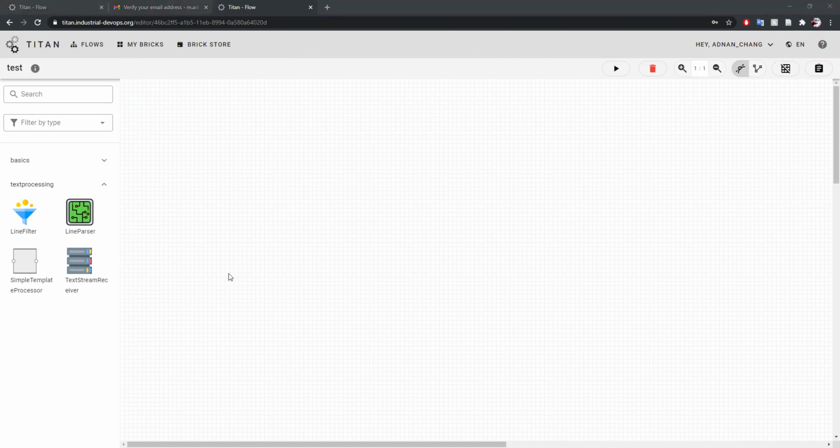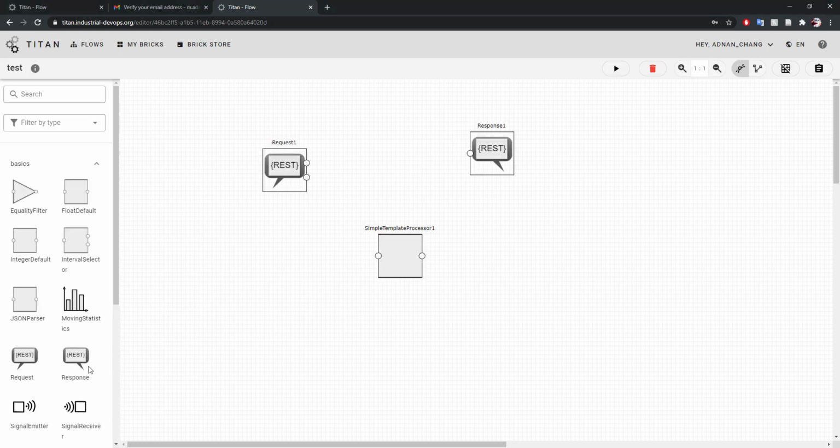Let's start. So for this example, I would like to build an endpoint that responds with a simple hello world. I'll start with pulling in all the bricks that I'm going to need for this example. And now let me explain shortly